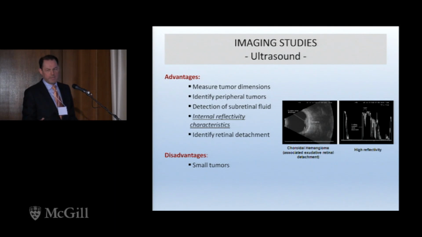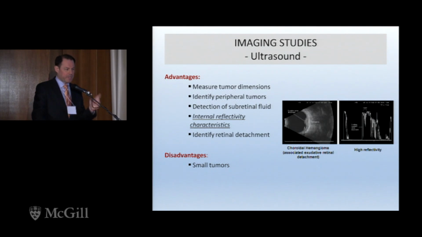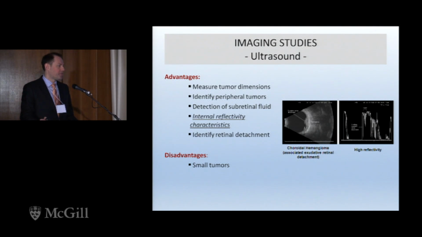Now, ultrasound has been significantly used in the past and continues to be used significantly at this present time, and it's still a very useful tool. We measure tumor dimensions with our ultrasound. We can identify peripheral tumors, and this was one of the only ways we were able to really identify peripheral tumors in the past because of our limitations of the camera technology. It can find subtle things like subretinal fluid,